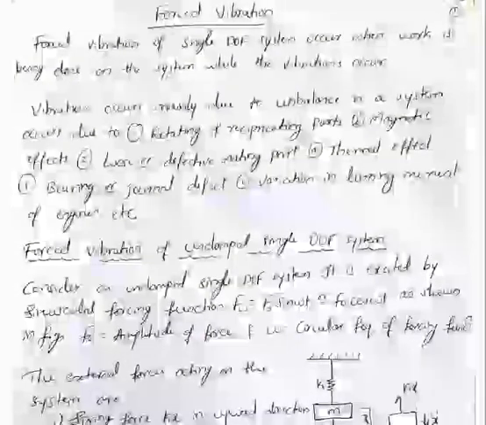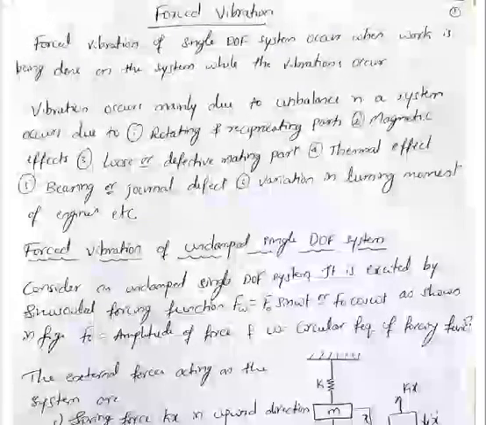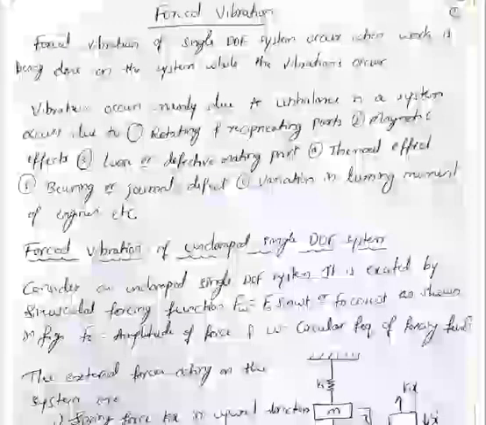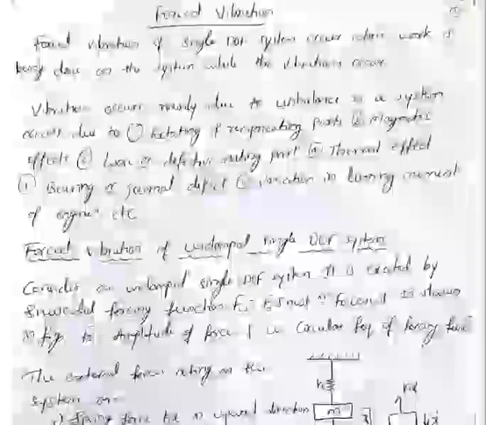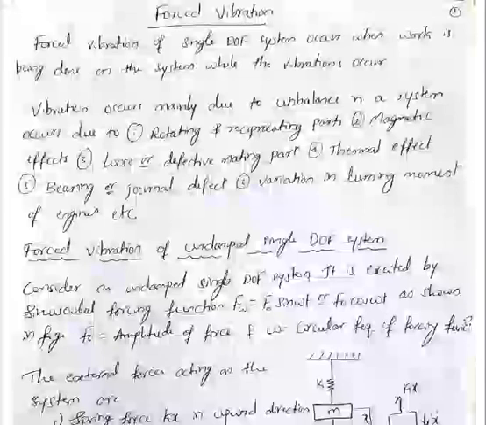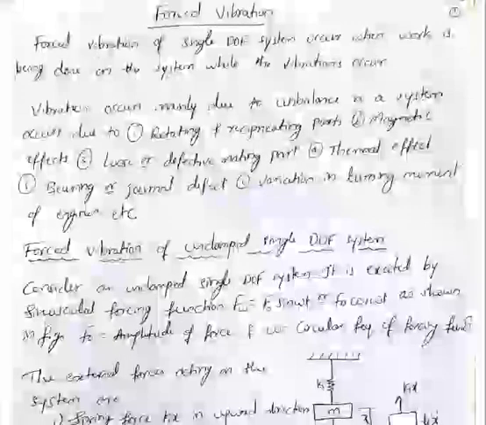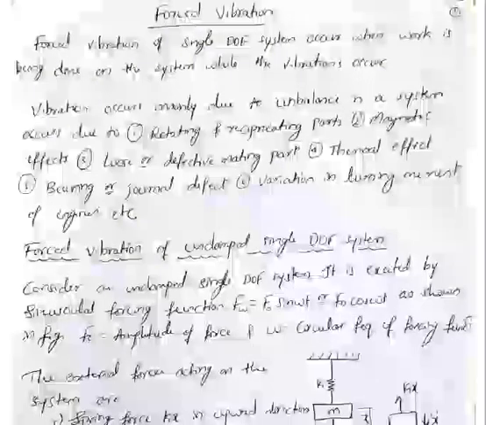So basically, this forced vibration of a single degree of freedom system occurs when work is being done on the system while the vibration occurs. Whenever your system is running, if vibration is occurring at that time, we can call it forced vibration. Now moving further,